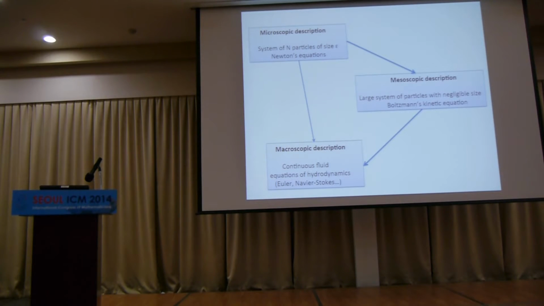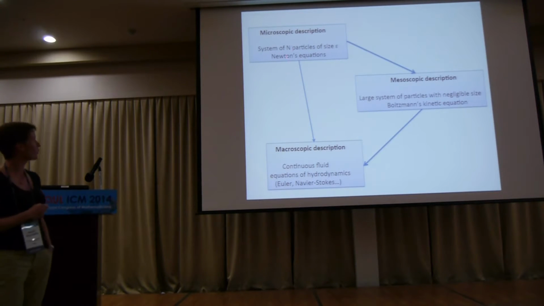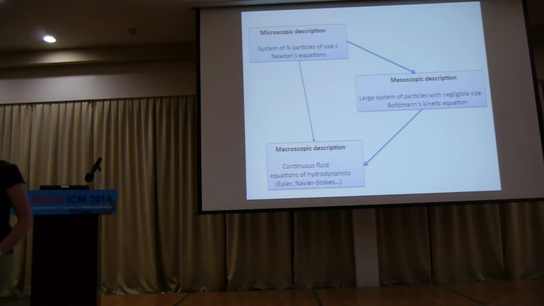Okay, so as you've been told, this limit directly is not really known. We don't know how to do that unless you add noise to the system. And we don't want to do that. We want a deterministic system of particles. So we're going to use, as suggested by Hilbert, the Boltzmann equation. Okay, so that's the plan.